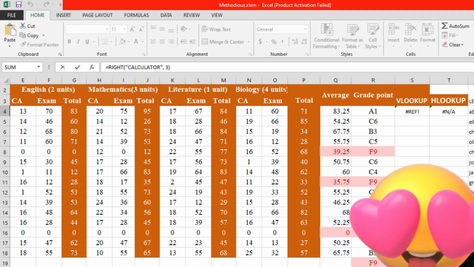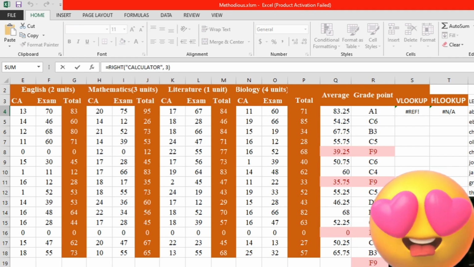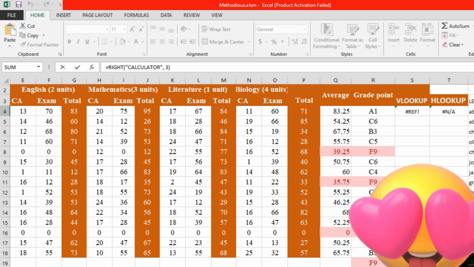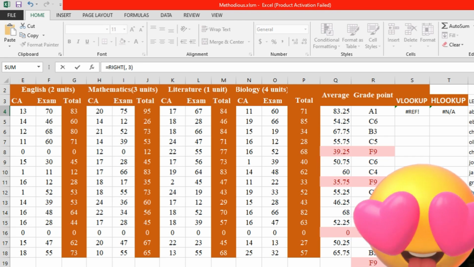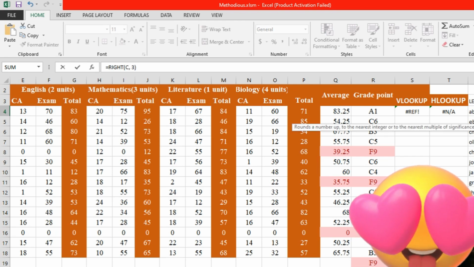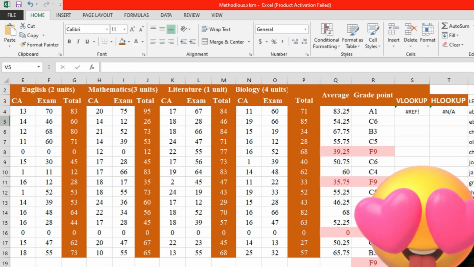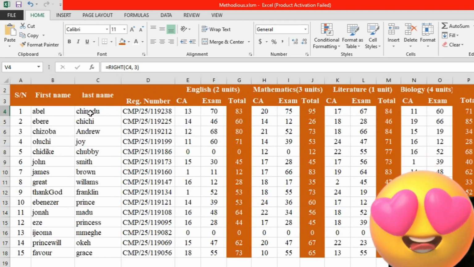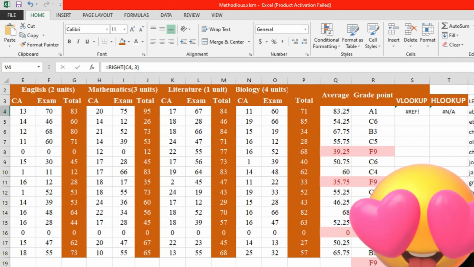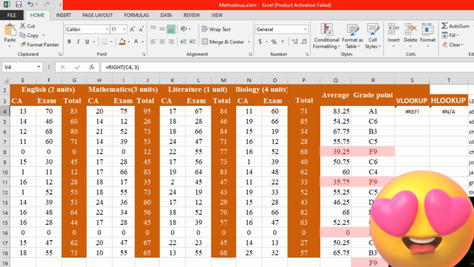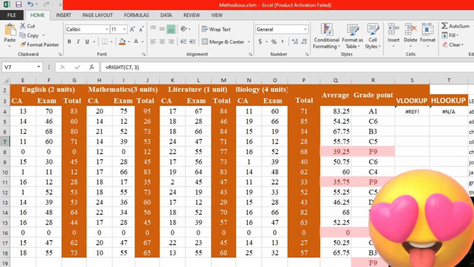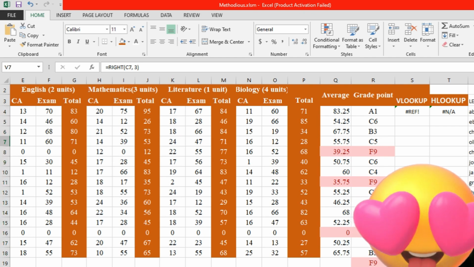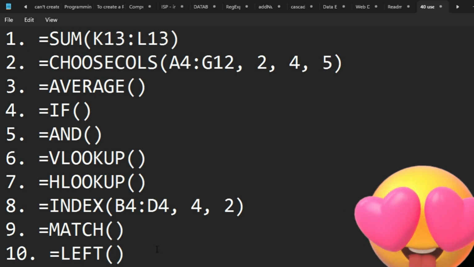If I want to do it for the second one, there's B, that's C, that should be C4. So if we press enter, you get the last 3 characters of C4. If we go back here, you see this is Edu, so that's the last 3 of C4, AB Edu. If we drag it down, it's going to do it for all the rest of the cells. This one is Joy, and other things there. So that is how we can do that. So in our list, we'll add right,